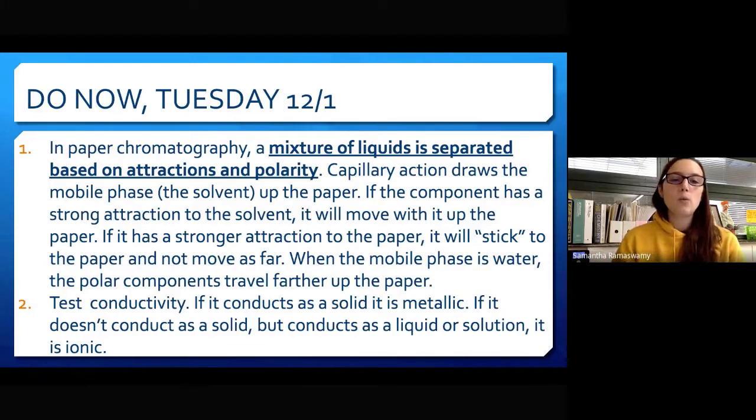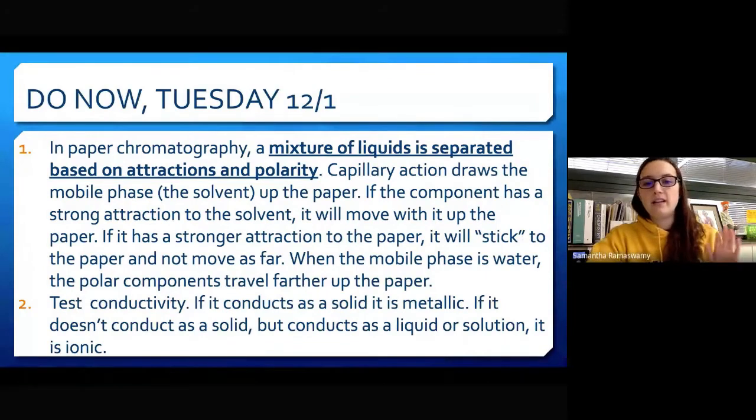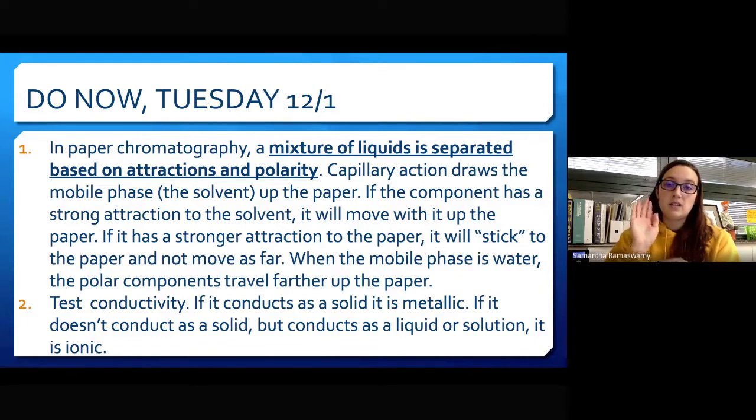So for number one, for paper chromatography, this is the lab that we did last week. We can separate mixtures of liquids based on attractions and polarity. So you don't have to write this entire paragraph. If all you do is write down what's bolded and underlined, you're okay. So you separate a mixture of liquids based on attractions and polarity. So the attraction between the mixture and the solvent that moves up the paper, and between the mixture and the